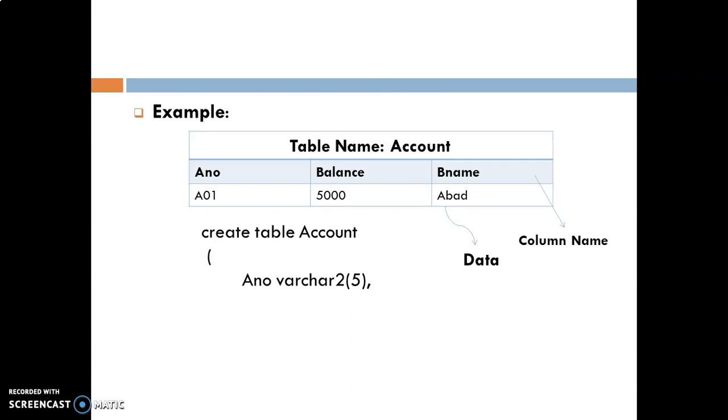Now we are creating the second column, balance; specify the type of column as number and pass the size, comma. Third column B name, data type varchar2, and pass the maximum size according to your data. No need to write a comma because no more columns are there. Now complete your rounded bracket and put the semicolon. Whenever we execute this query, we will get the output: table created.